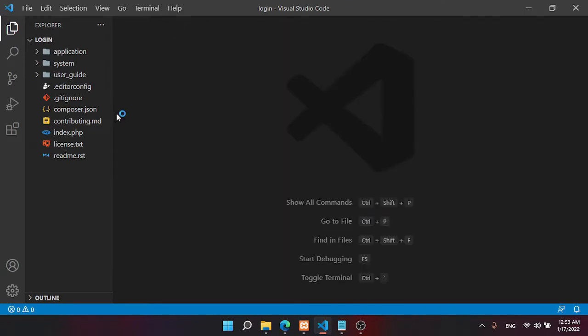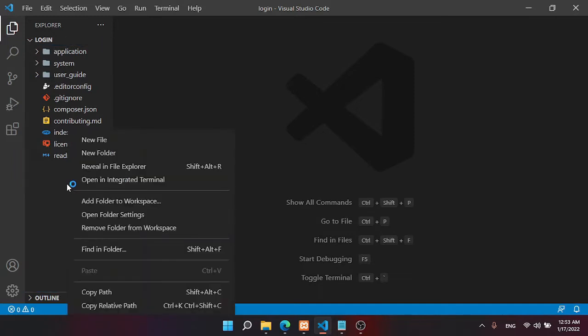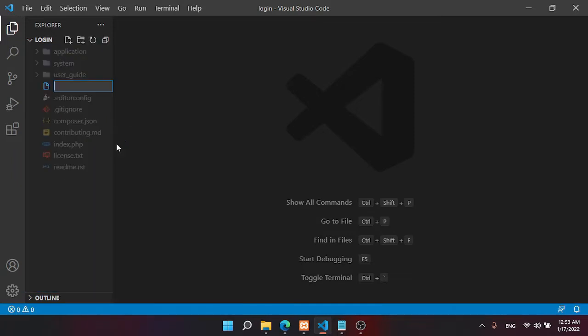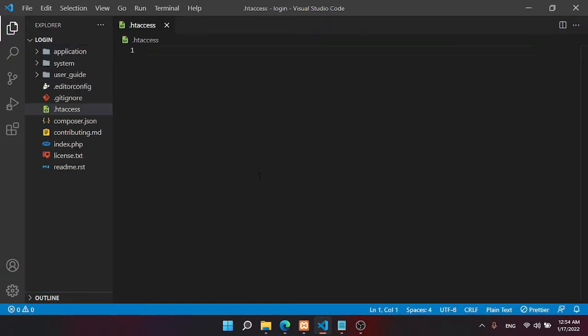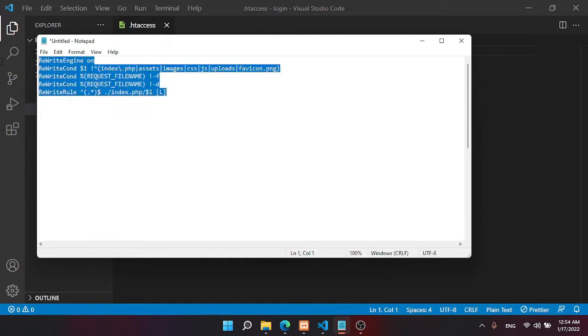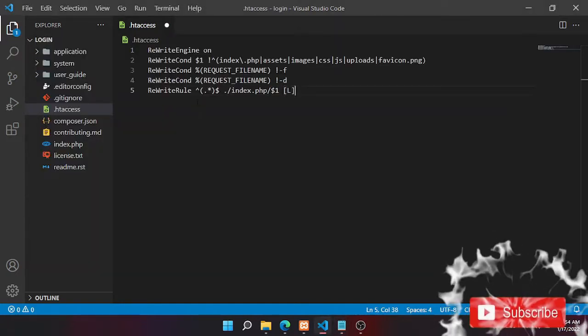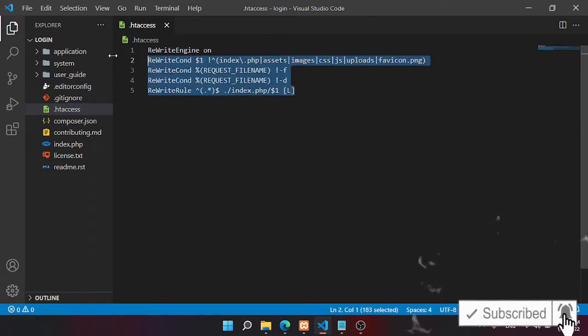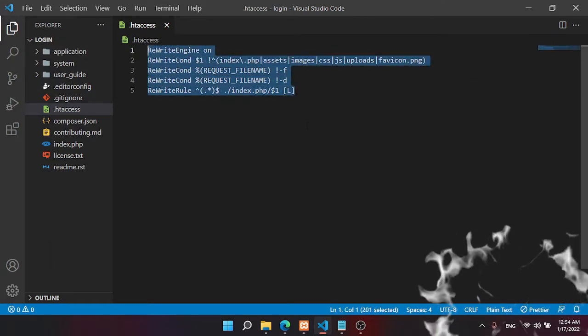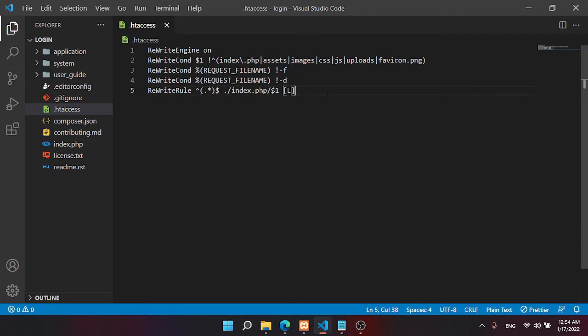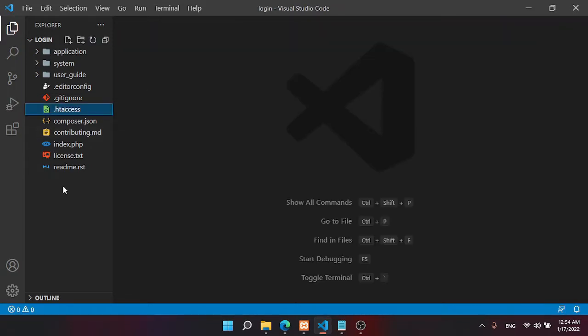Okay, after opening the files, first we have to create .htaccess. I'm not going to write it one by one, just copy this one, and we have to write this code in .htaccess in order to access the assets folder, images, and so on. Okay, after writing this one, close this one and create